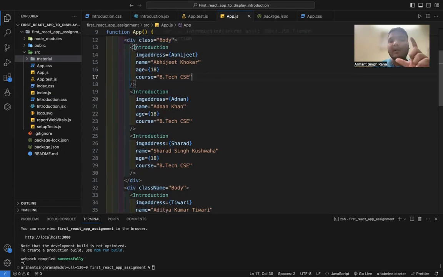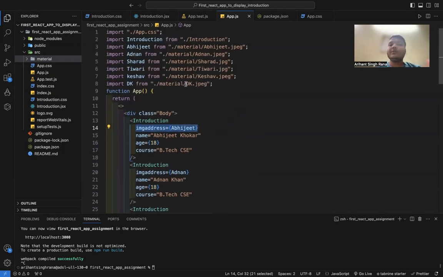I'm explaining how I'm using the introduction component and passing props in it. As you can see, this is the introduction component. This is the starting of the tag, and this is the ending of the first tag or component. These are the props that I am passing. Image address is equal to Abhijit, the variable that is holding the address or the file of the photo